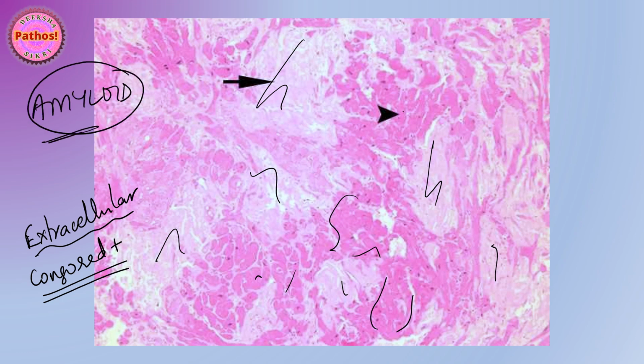So remember, amyloid is also eosinophilic. See, in the same slide, you can make out that the pink of the amyloid and the pink of the myocytes is a little different, isn't it? That's why remember the title, 50 Shades of Pink and Blue. Okay, so remember you can use the word hyaline here as well, but we know what it is. It is amyloid, amylose-like, and it is extracellular and Congo red positive.